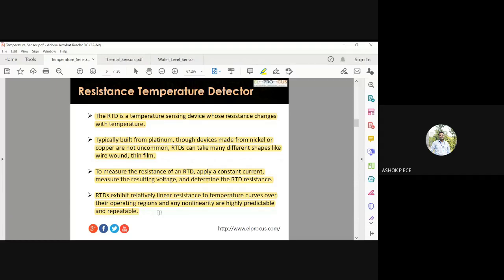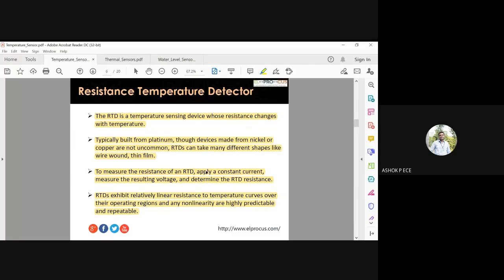And how to measure? For example, at room temperature 30 degrees Celsius, my R value is 1 ohm. For example, when the temperature is 32 degrees Celsius, I found the R value to be 5 ohms. So if you do this for a set of temperatures, you will clearly see how R is varying with respect to T. And from that, you can easily measure the temperature of the surroundings.